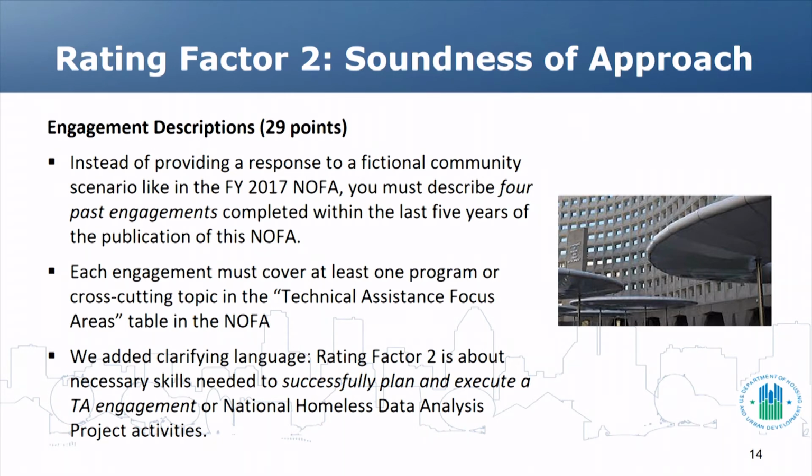topics in the table within the last 5 years, you must describe engagements in similar programs or cross-cutting topics, including but not limited to housing, health, education, economic development, or workforce development. You must describe how the similar programs or cross-cutting topics qualify you to provide TA or conduct other activities under the Community Compass program. We added clarifying language to make it clear that Rating Factor 2 is about the skills needed to successfully plan and execute a TA engagement or National Homeless Data Analysis Project activities,